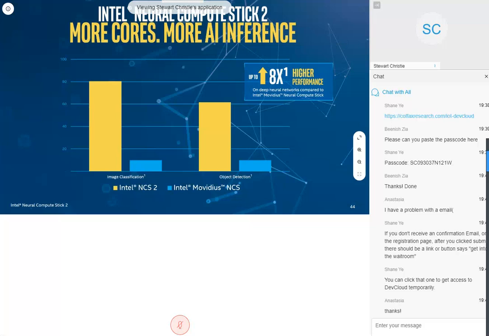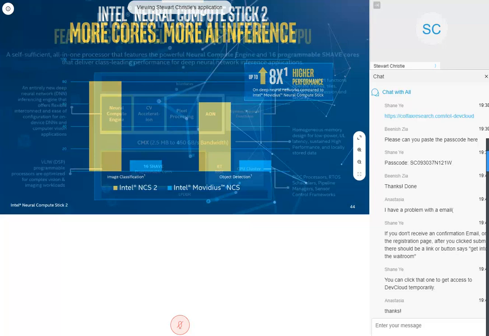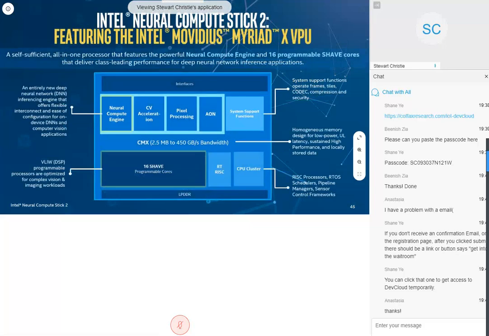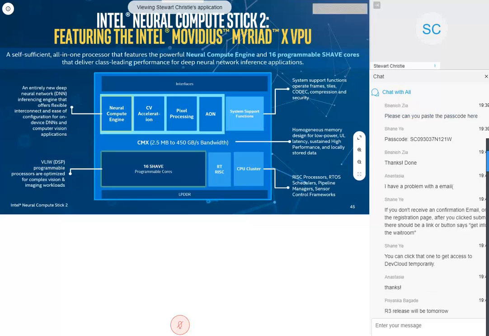And this is what's inside that device. So we're using the Neural Compute Engine. And then we mentioned that you can extend it. So you can add more support for different pieces now. And those would run on the Shave cores, which would run the OpenCL kernels. The NCS2